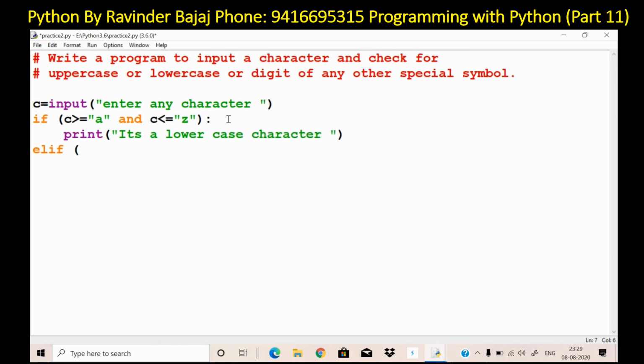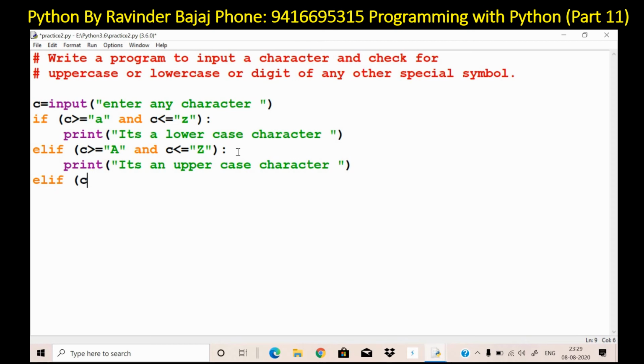And if it is between capital A and capital Z, so c is greater than or equal to 'A' and less than or equal to 'Z'. Here I am using capital A and capital Z. It means it is an uppercase. So print "it's an uppercase character".